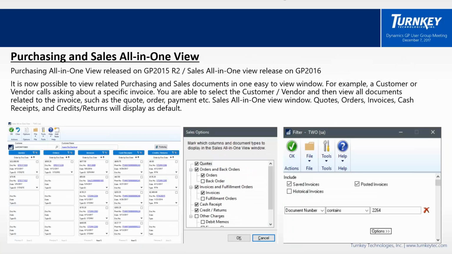The purchasing and sales all-in-one view. Purchasing all-in-one was released back in GP 2015, and the sales all-in-one view was released in GP 2016. So it's possible to view the related purchasing or sales documents in one window. So from the customer or the vendor maintenance window, there is an all-in-one view, and what you're able to do is select on that vendor and